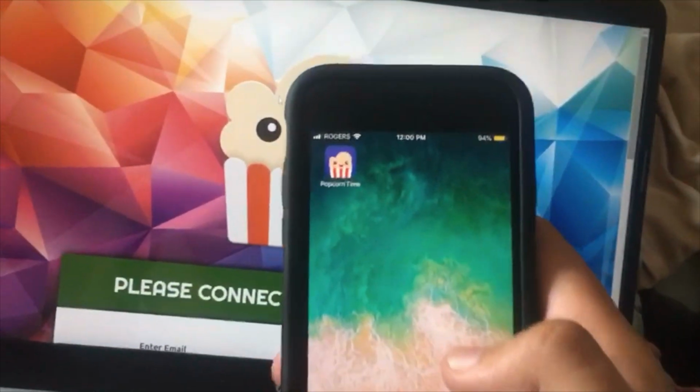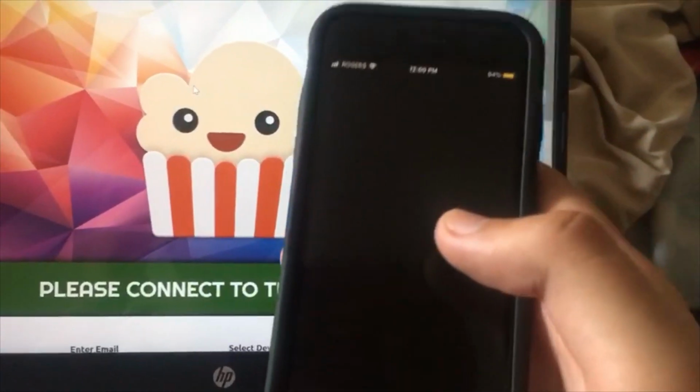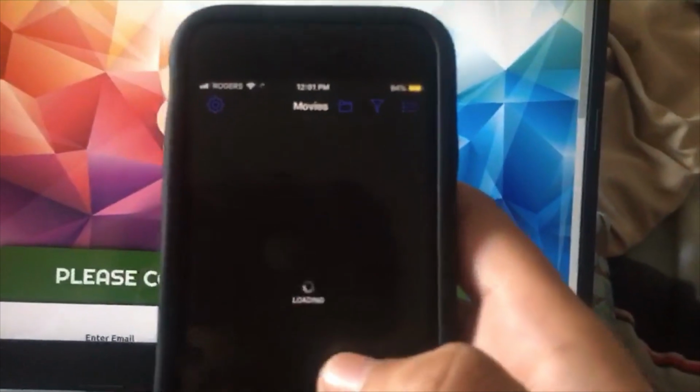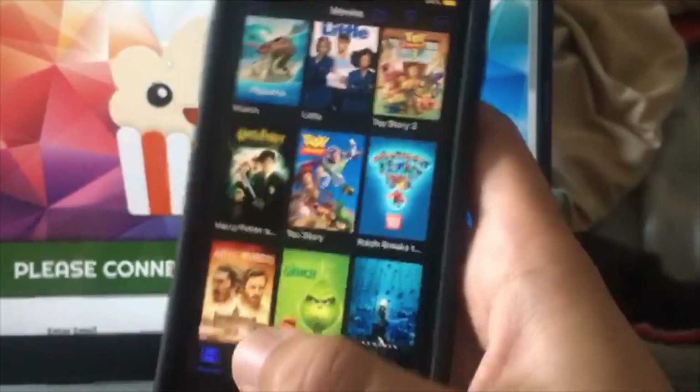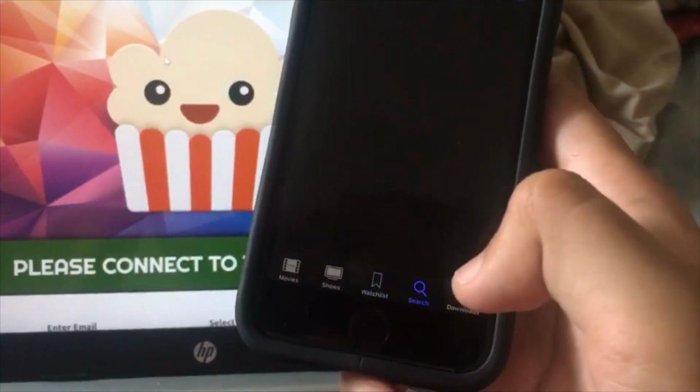Today I'm going to show you guys how to get Popcorn Time for free. It's an app where you can watch movies, TV shows, and anything for free. As you can see, it's working right here. I can watch the latest movies, the latest TV shows, and you can download them to watch them without Wi-Fi